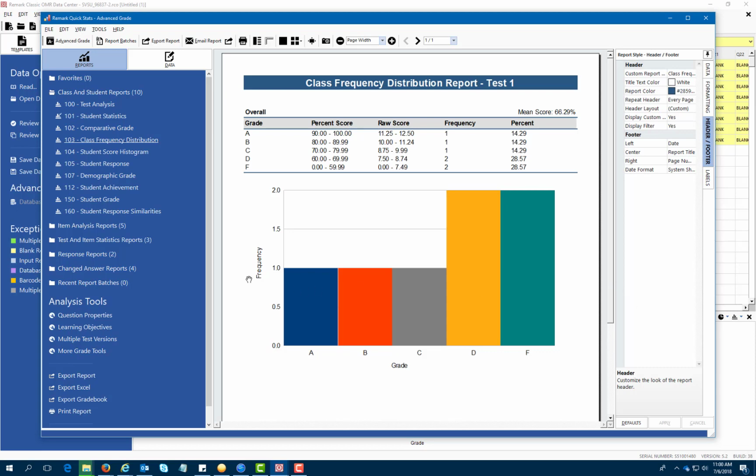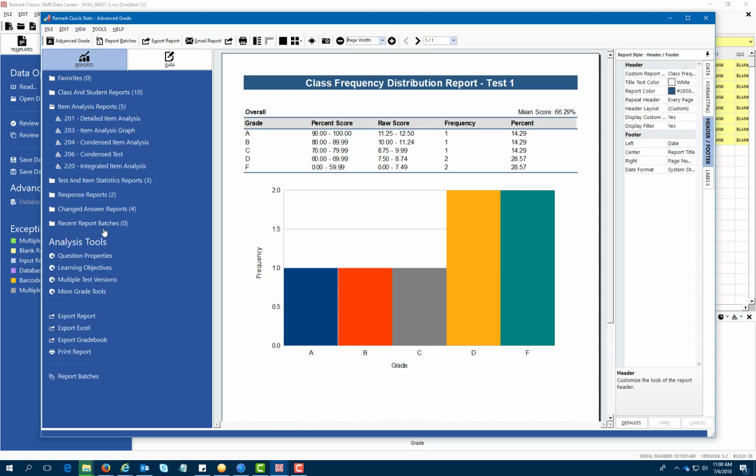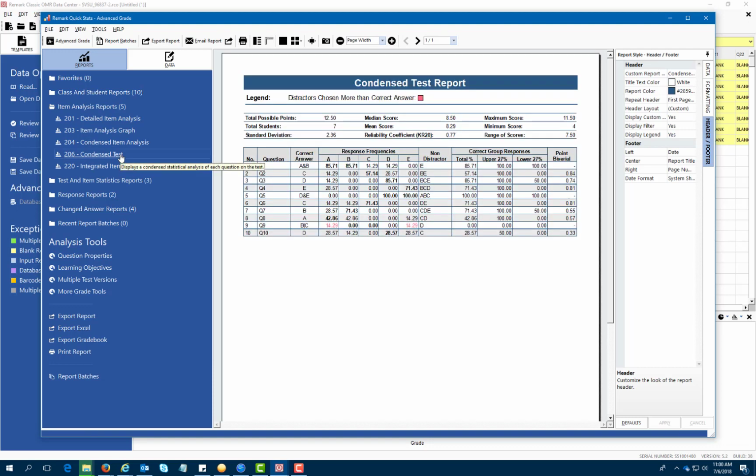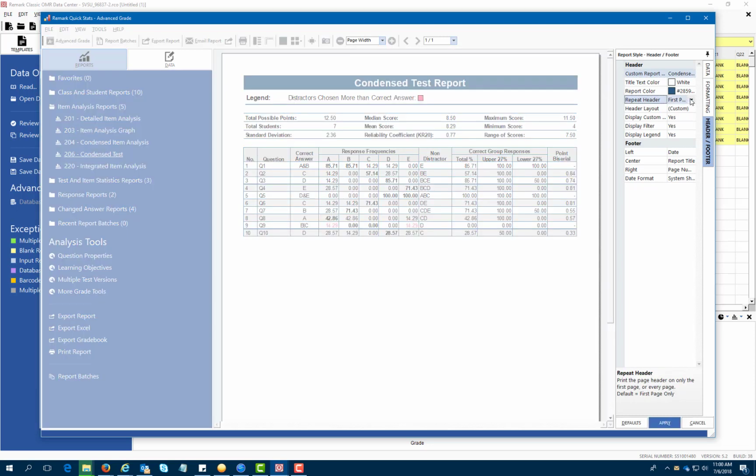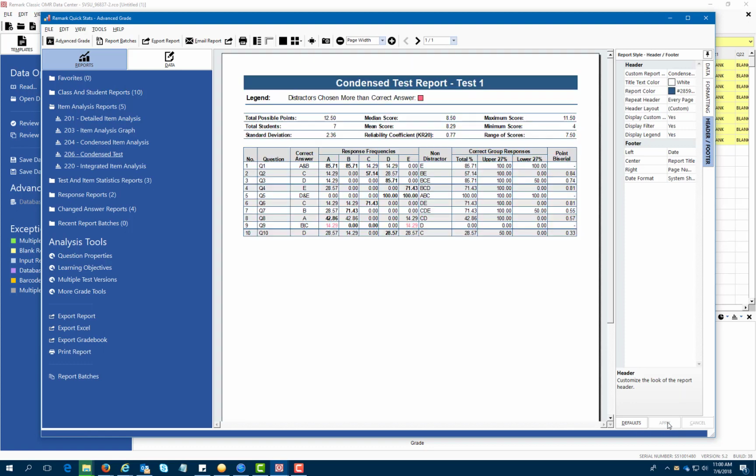printing or exporting. The last report that is frequently used is found in the Item Analysis Reports folder. That is the Condensed Test Report. This is a condensed statistical analysis of each question on your test. Again, the header can be customized for this report in the same way as before, as well as setting it to be on every page. On this report, you do not need to change anything in the Data tab, so it is now ready for